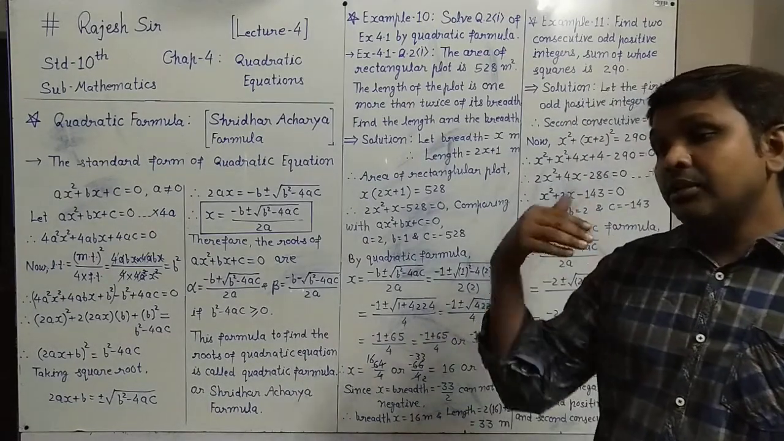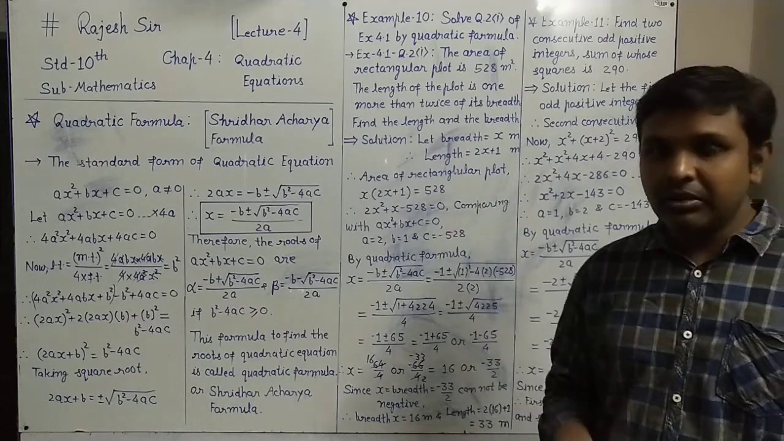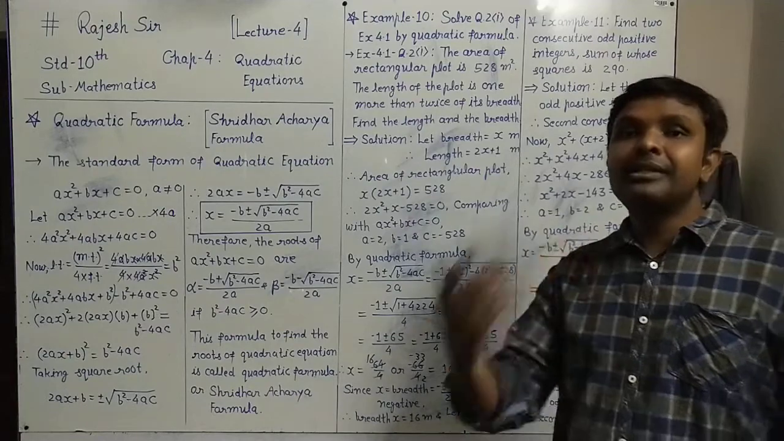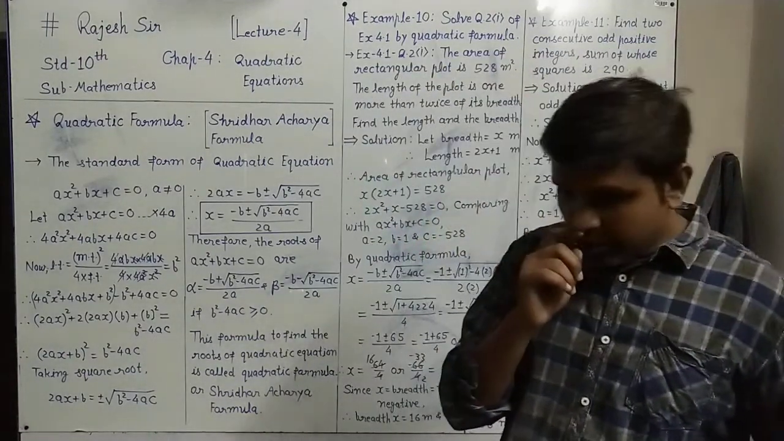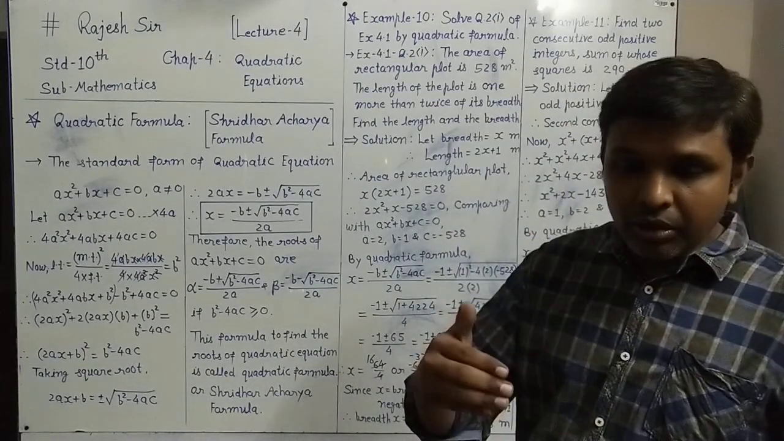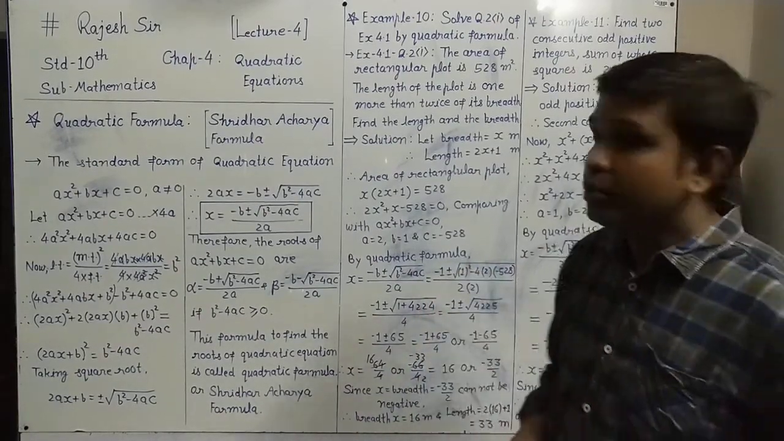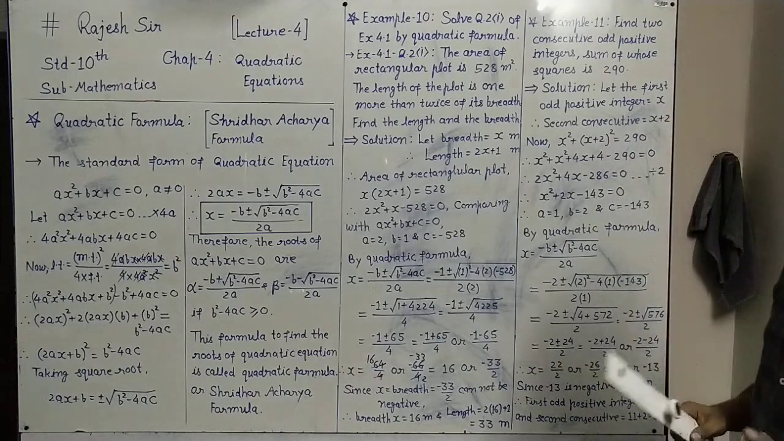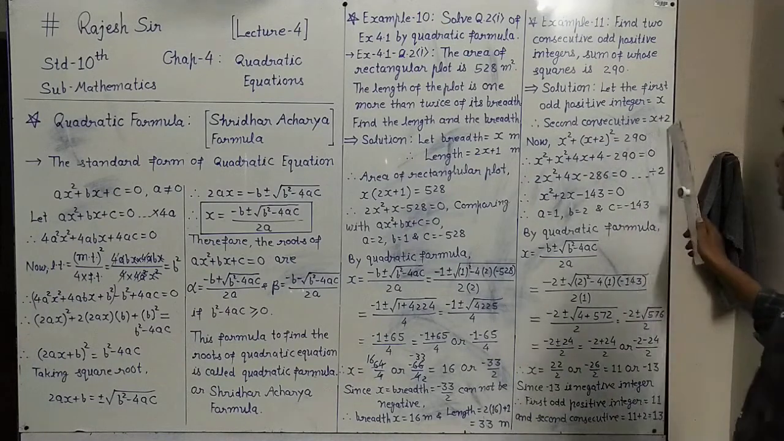So, what will be the second consecutive odd positive integer? After 21, 23 comes. So, by adding 2, you get the second consecutive odd positive integer. If you take any example, its second consecutive odd positive integer will be found by adding 2. So, this is the concept here. If I consider the first odd positive integer as x, the second consecutive odd positive integer will be x plus 2